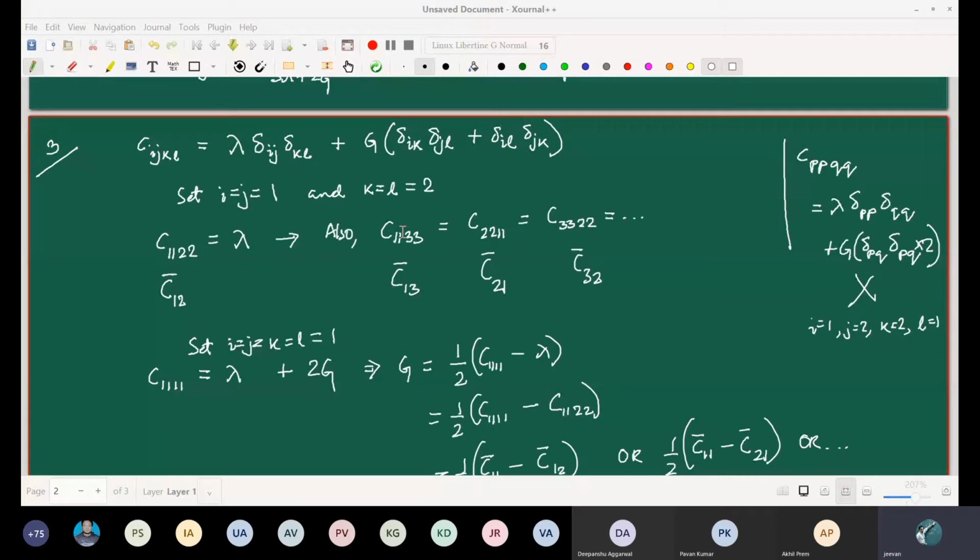Now please note that a priori I have not written that the ni in the eigenvalue problem for the principal stress and the unit direction in the eigenvalue problem for the principal strain are the same. I have actually kept them separate, ni and ni dash, because that is what we have to prove, right? That they are the same. So I cannot a priori assume that they are the same. So how do we go about doing it?